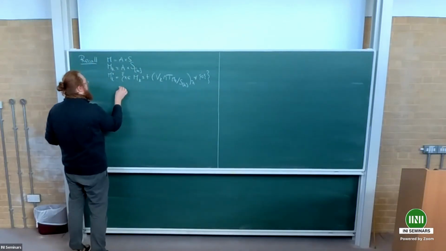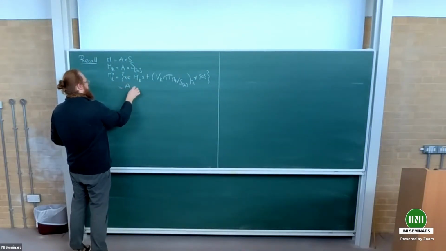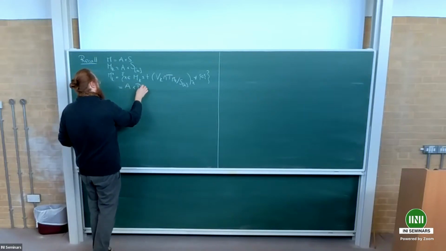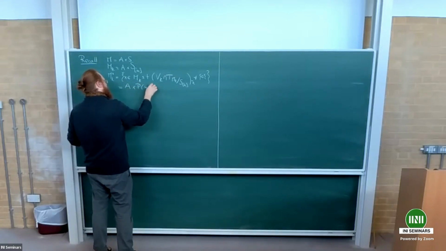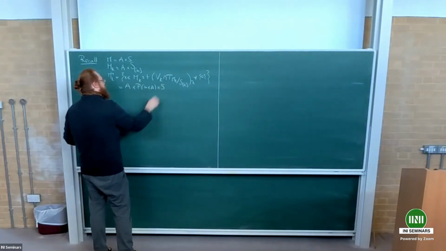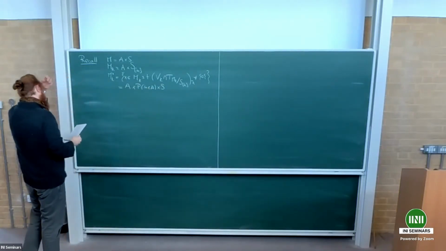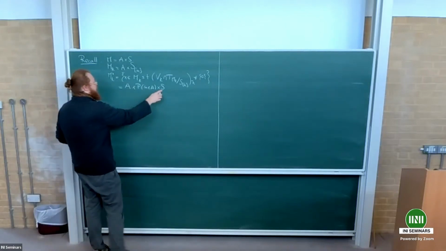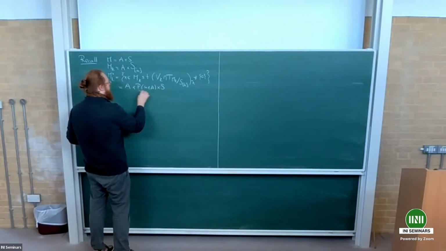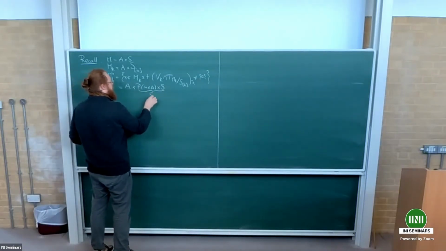And what I said is what Erwan pretty much explained in his talk, that this is always written as a product of something which is independent of K, and this guy